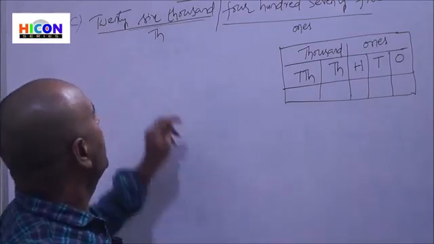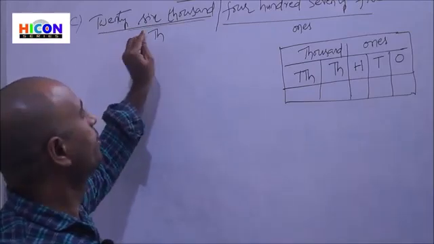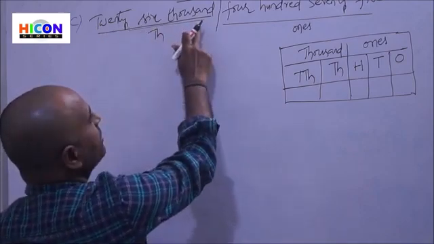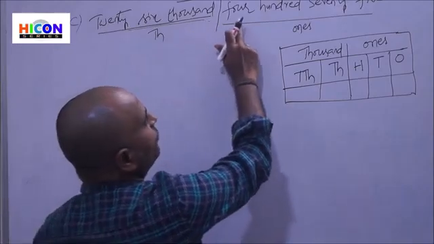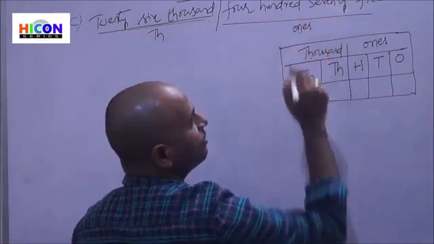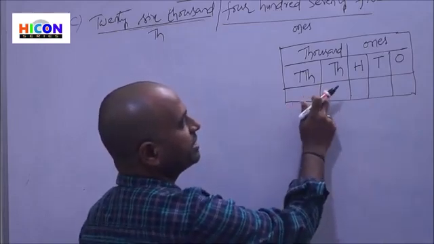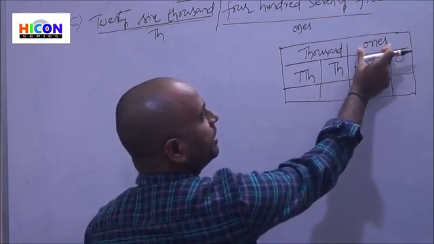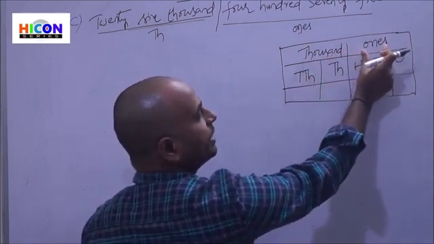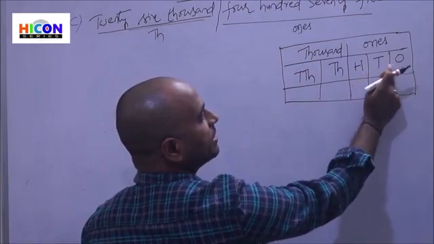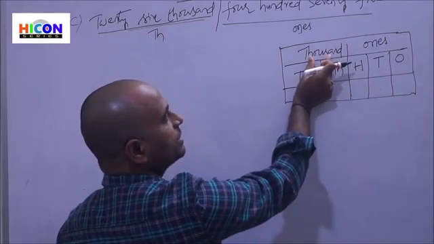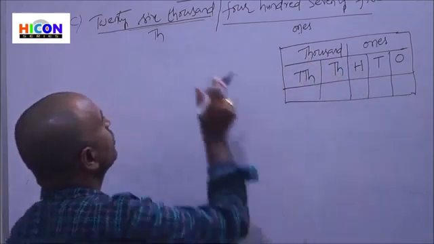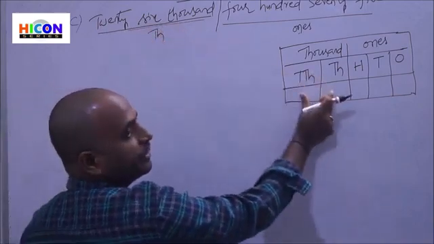First we have to divide the given number name into periods. That is, 26,000, this is the thousands period. Next, 475, this is the ones period. Now draw the place value chart for the Indian system of numeration. This is the ones period, this is the thousands period. In the ones period there are three places: ones, tens, hundreds. In the thousands period there are two places: 1,000 and 10,000. Now insert these periods into the place value chart.